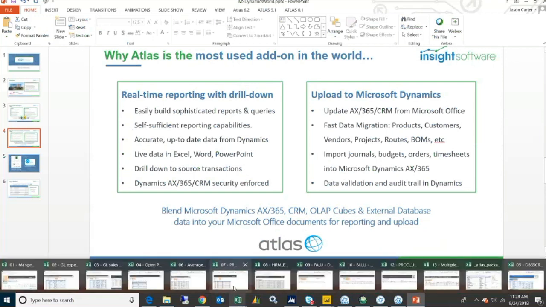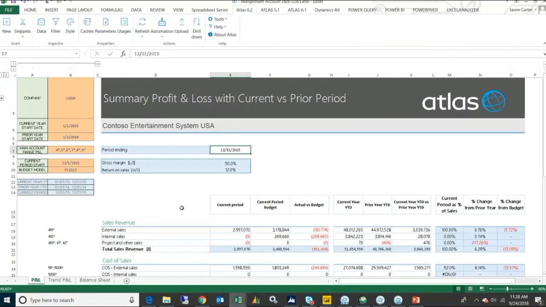And of course, in the time that we have here, I'm not going through and building a number of things, although I love to do that and show how I build things. But just to show you a few of the reports that I have, many of these come right from our template library. And if they don't come from our template library, many of them come from my following of Dynamics users